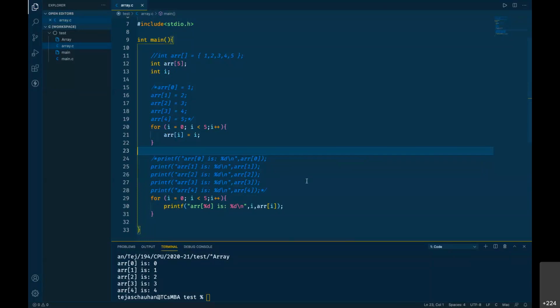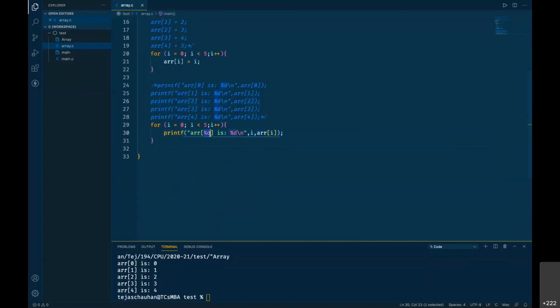Yeah, now someone is asking what if ARR of 0 यूजर के लिए अगर आप ये मैसेज 0 1 2 3 4 की जगह पे 1 2 3 4 5 प्रिंट करना चाहते हो, then how do you print? You print it with %d. तो ये %d की वैल्यू जहाँ से आती है वहाँ +1 कर दो. सो टेम्पररीली i के साथ मैं यहाँ पे +1 कर दूंगा. Now this is temporary calculation and the answer will be printed at this %d place. Okay. So now if I run this code, तो मुझे आउटपुट में क्या मिलेगा?